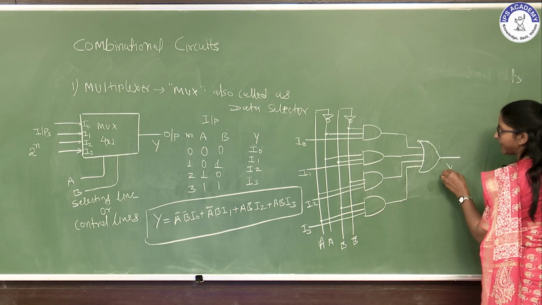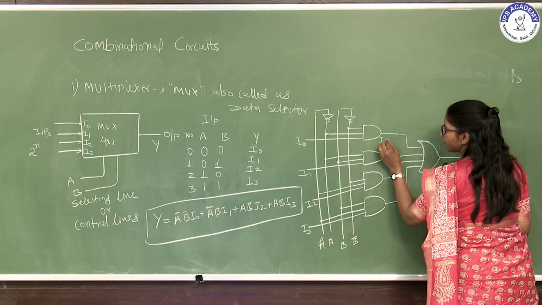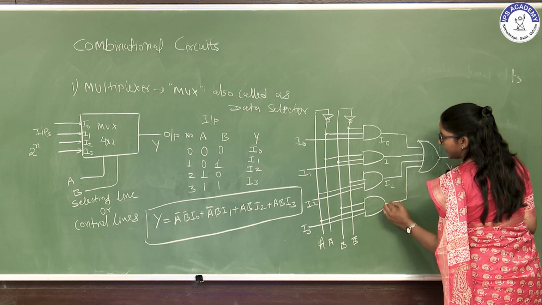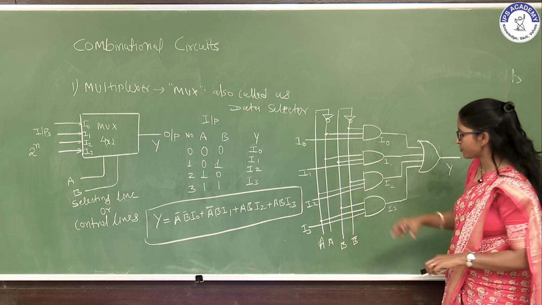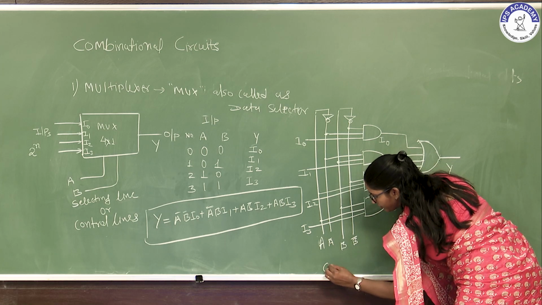So, this will be the Y. Here we get whatever the combination will be, the I0, I1, I2 and I3. According to this equation, we get the output. So, this is called the circuit diagram